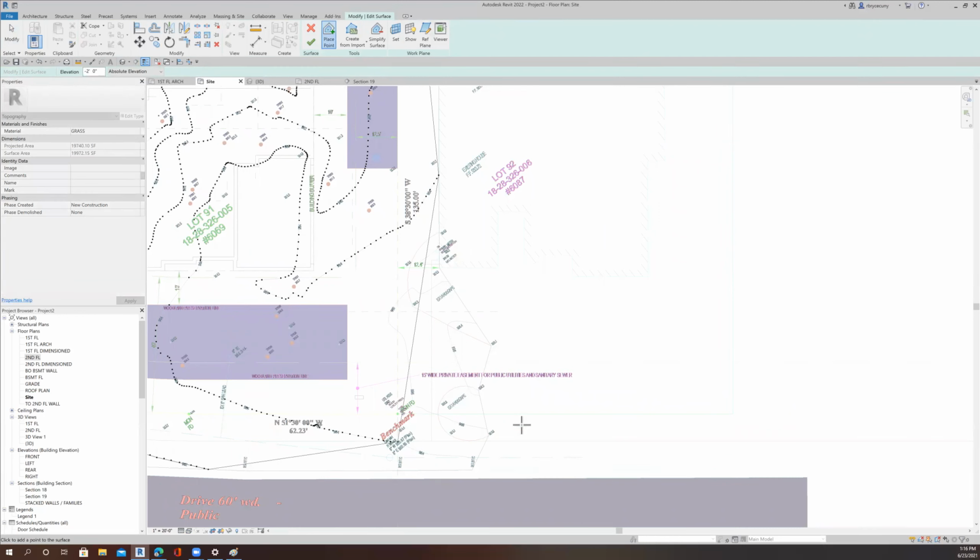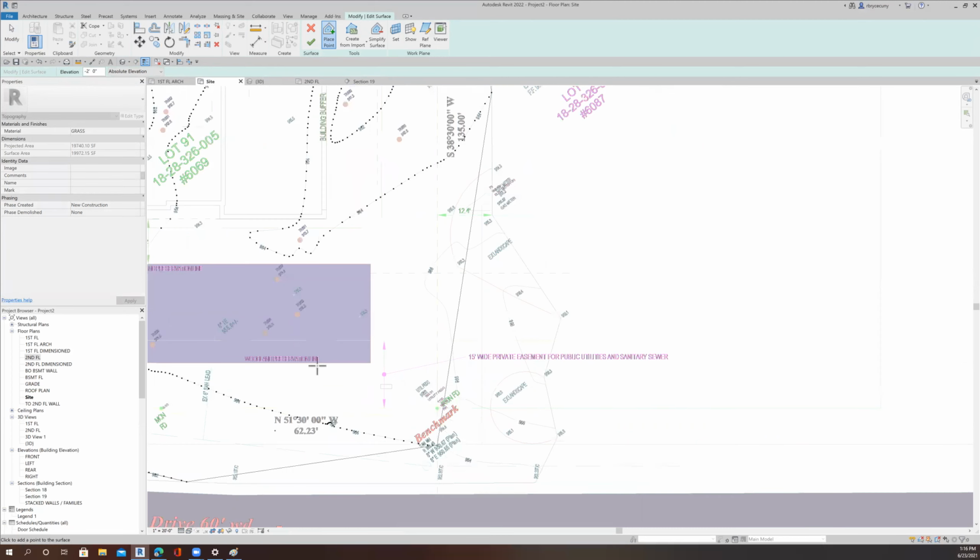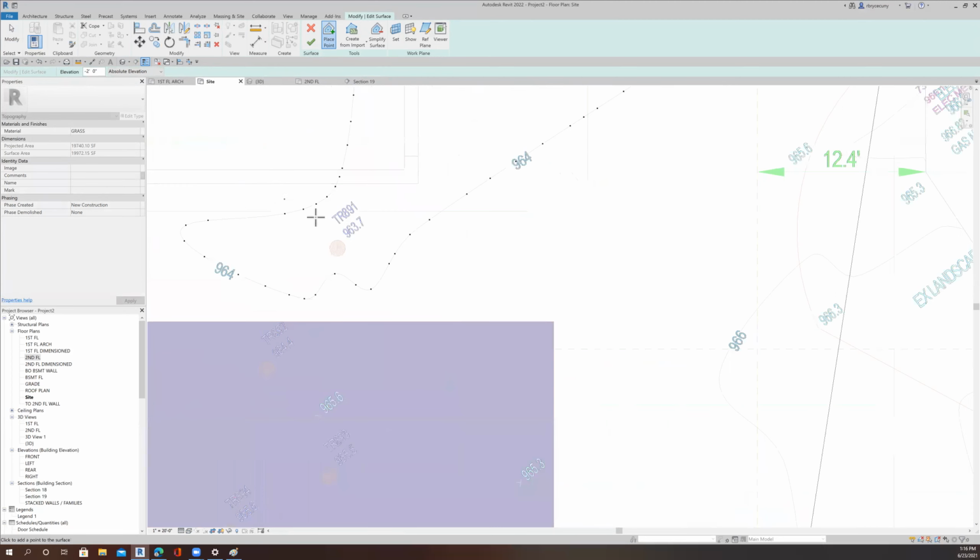Now in this particular system, because I didn't set up my levels appropriately for this particular site, I said 964 is 0. And when I put that into the site and modeled it and took a look at my site,